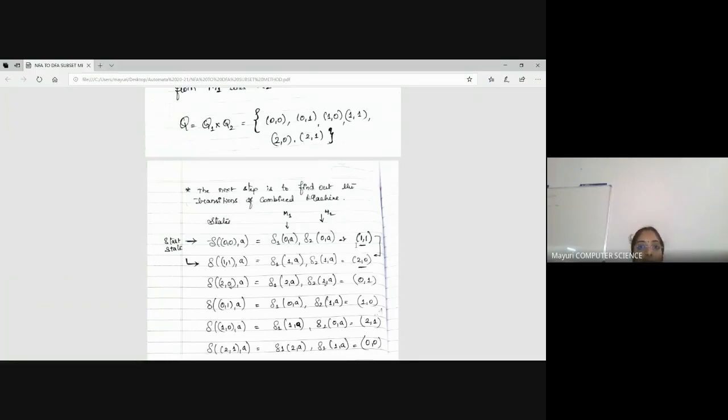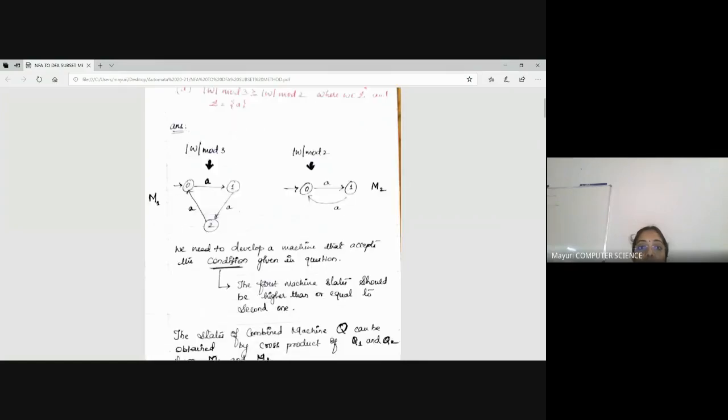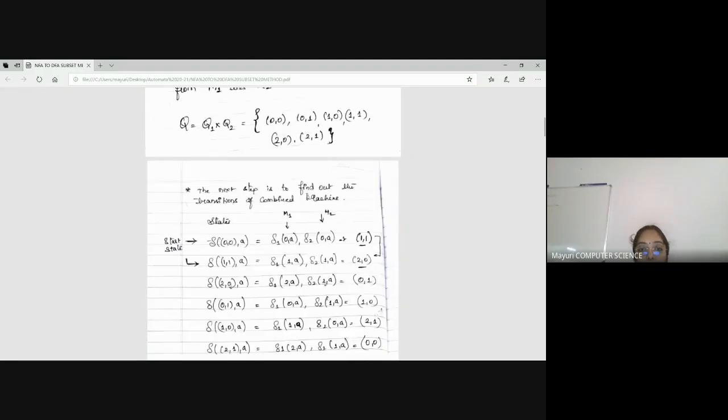Here you cannot give the input just to any state; whichever state you got, to that state you start applying the input. So here we have the input called A, right? Now, what does the first 1 represent? This is the state of machine 1, and this is the state of machine 2. You have to look into the previous pictorial representation for where 1,1 goes. For 1 it goes to 2, and for 1 it goes to 0. So that is 2 comma 0. You could see 2 comma 0 here.